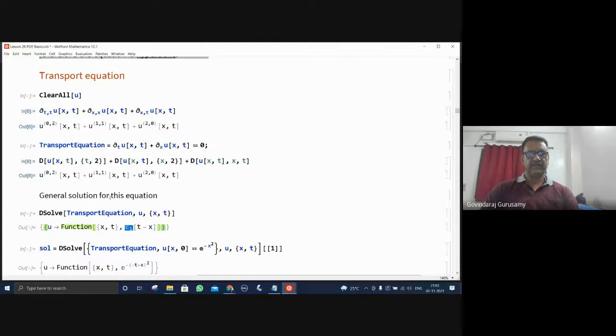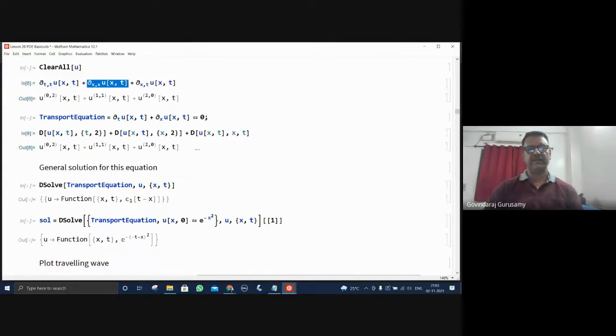And one more thing we try to look at is, you know what is the meaning of a derivative of a given function, right? What is the derivative of a given function? Is it going to be a scalar quantity or a vector quantity? u of x, t is a scalar. And when you take a derivative of that, it can become a vector quantity also. So that's also possible. And you can see the directional derivative here that enters through this